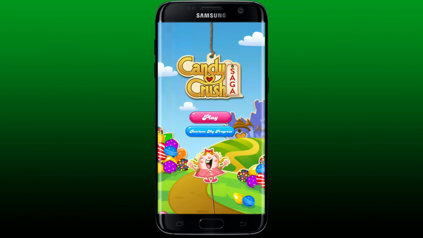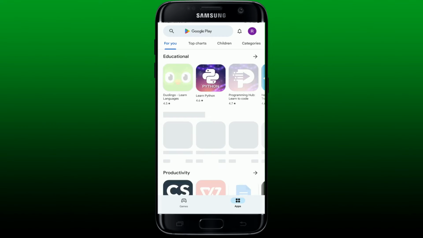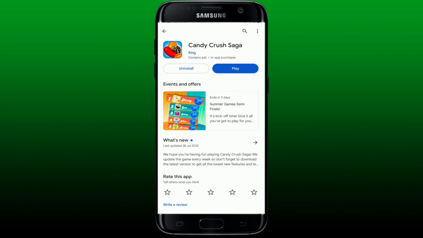If the problem still persists, the next thing to do is to check for the app update. Check if you are using an outdated application, which might be the main reason for the problem. Go ahead and tap open Play Store and then go to the search box and type in Candy Crush. Once you find the Candy Crush Saga game, tap on it and then look for an update button on this